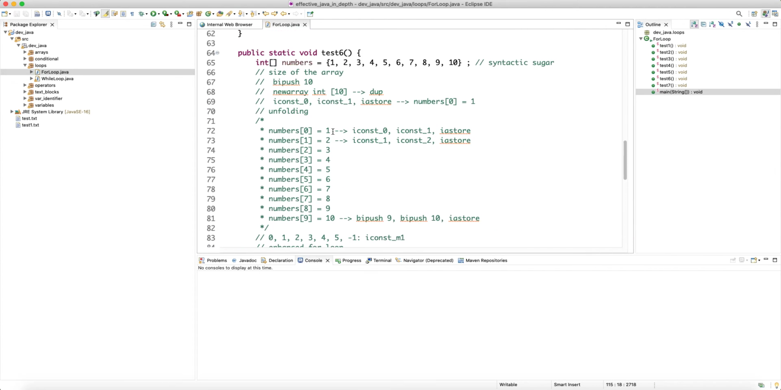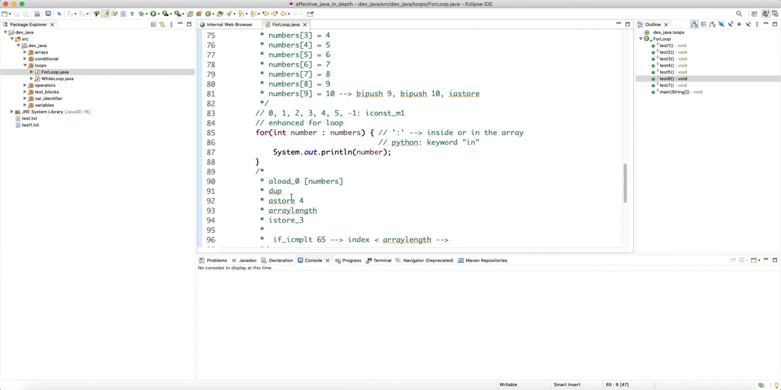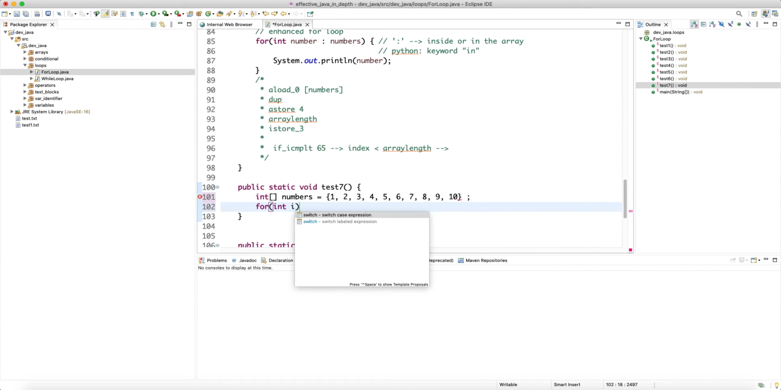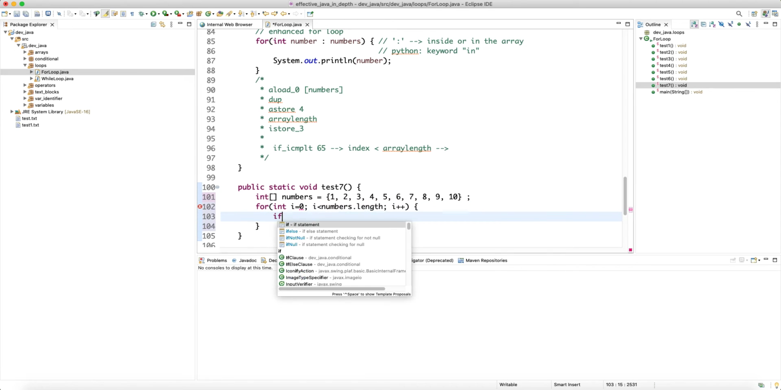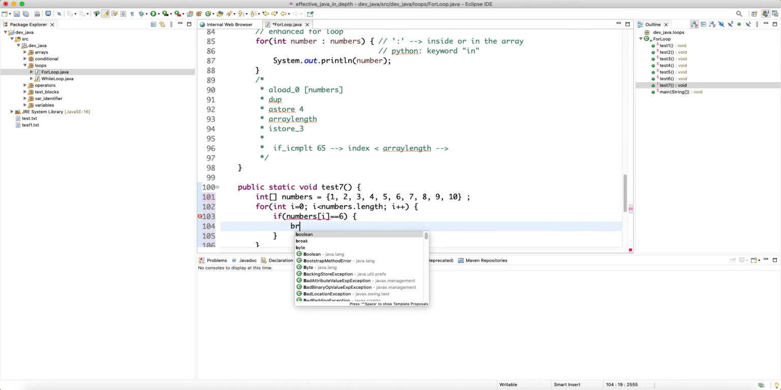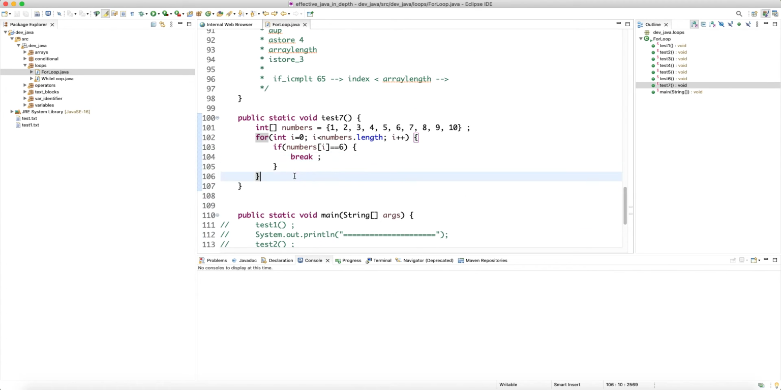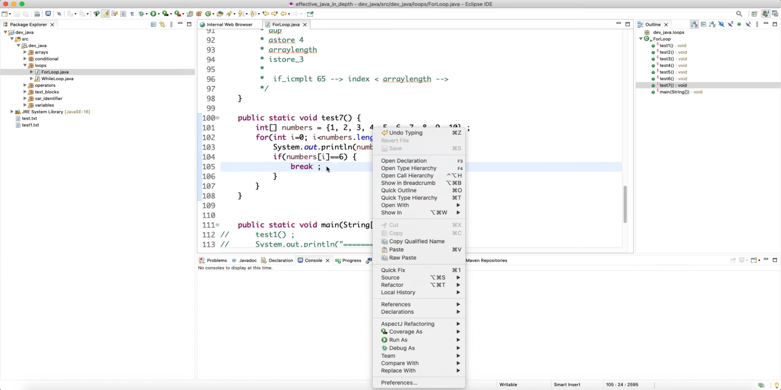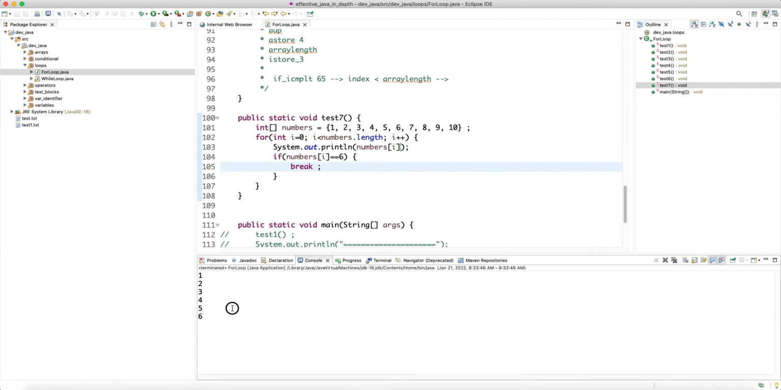Okay, and I'm going to do the same thing here. So we have this array, and then I'm going to say for int i equals 0, i less than numbers.length, i++. If numbers at index i equals, for example, 6, we're going to break. And actually we can do a sysout of numbers at index i, and then we break. So we expect to see only 1 to 6